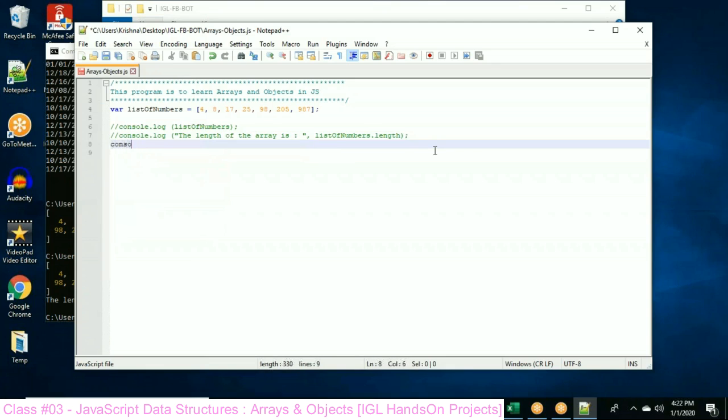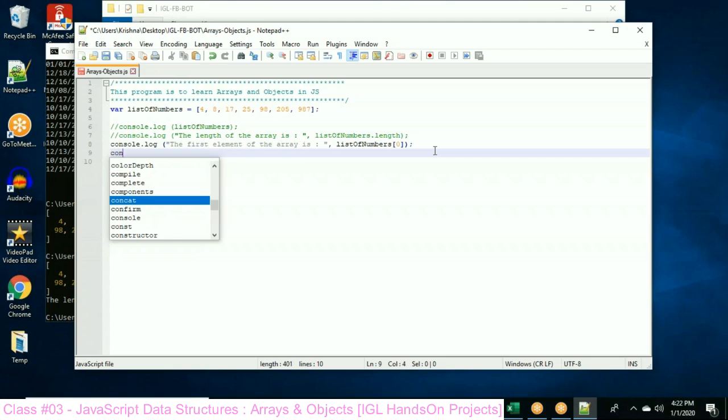So console.log, let's say the first element of the array is list of numbers of 0, right? So basically this will display the first element of the array. If you want to display the last element of the array, so let us say